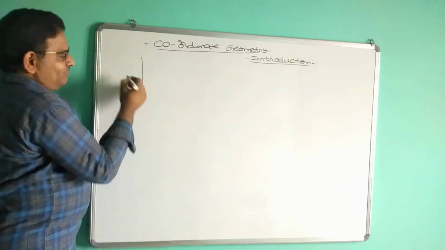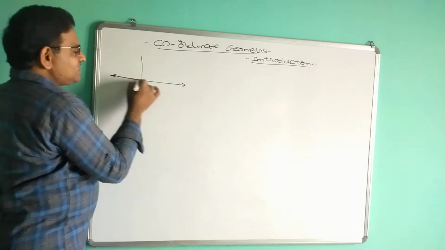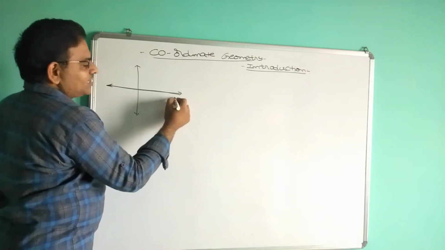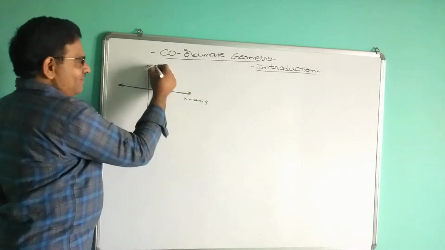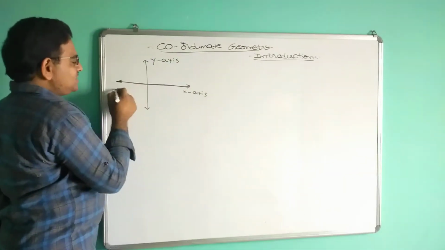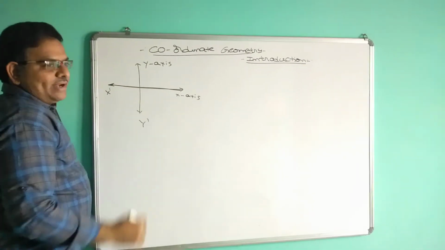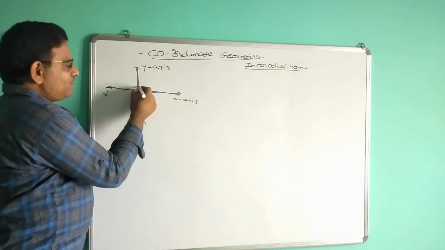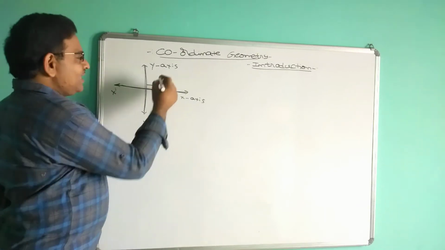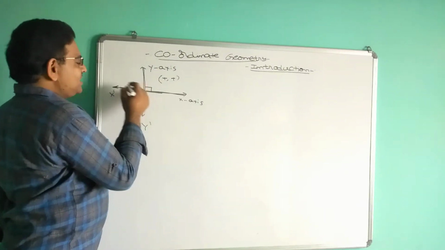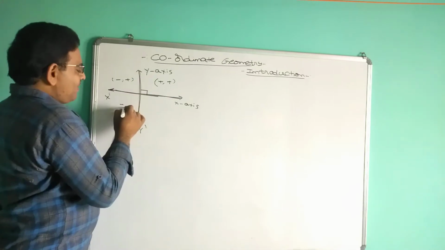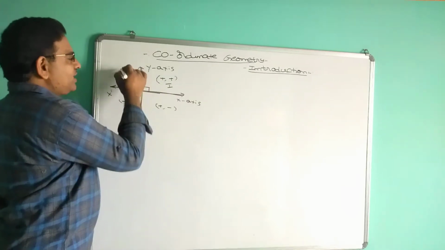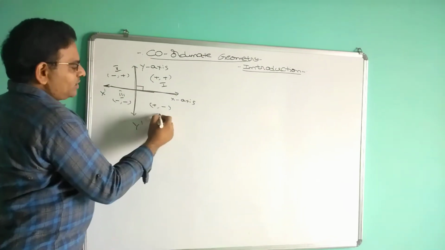You learned this already. This line is called the horizontal line. This line is called the vertical line. The horizontal line is nothing but the x-axis. The vertical line is denoted as the y-axis. This is x dash, this will be y dash. Whenever the x-axis and y-axis intersect, 90 degrees is formed at that place. Then in this area plus plus, in this area minus plus, minus minus, and this area plus and minus. So they are called the first coordinate, second coordinate, third coordinate, fourth coordinate.